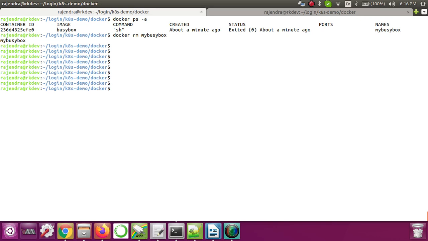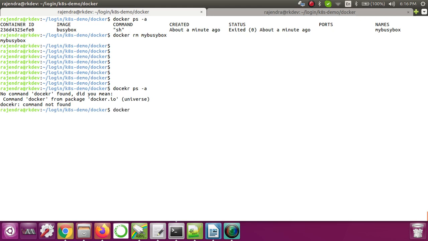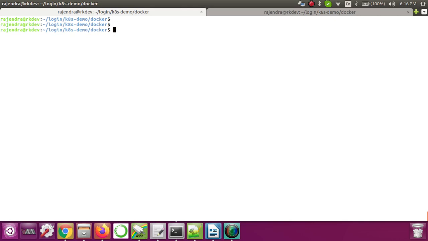Now if you see, there is no container either in running state or exited state. docker ps -a. Now let's start this busybox, but here what I'll do is there is a -c option through which we can pass the command, and the command will be sleep for 100 seconds or maybe 30 seconds.